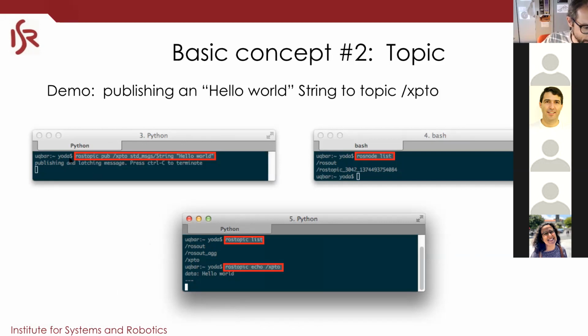Exactly, good question. So ROS topic is a command. When ROS topic launches with this pub, it will create a node and will be a publisher of a topic. The topic is called /XPTO. That's the name of the topic. Once this node launches, it becomes a publisher of this topic, and it will send one message to that topic.